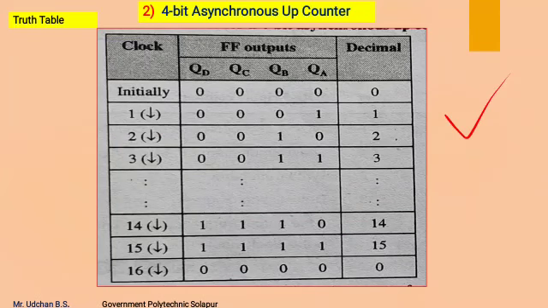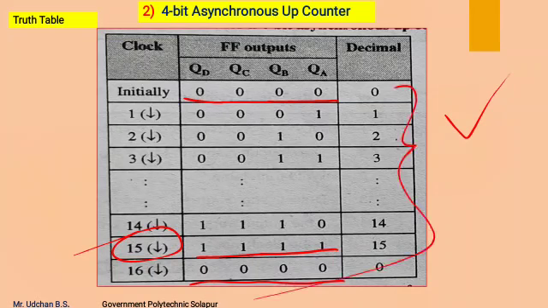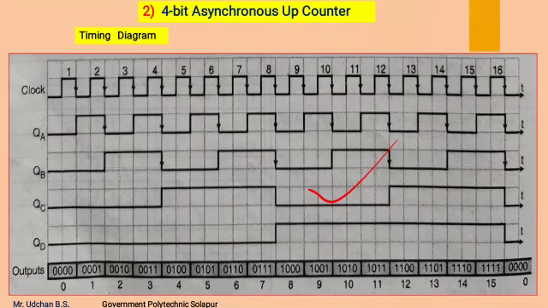This is the truth table of the 4-bit asynchronous up counter, which shows the counting from 0000 to 1111. After the 15th negative edge, the counter resets itself and the counting starts again from 0000. These are the decimal equivalents of each counting output, and this is the timing diagram of the 4-bit asynchronous up counter,